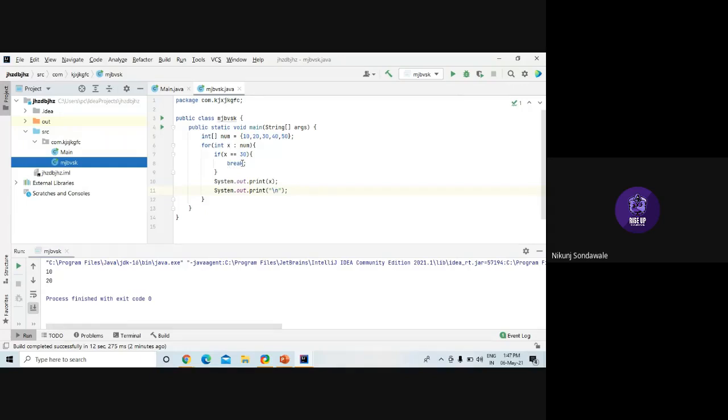Whenever the compiler reads this break statement, it will terminate the for loop right there. None of the statements below the break statement in this for loop will execute. The for loop will directly get terminated. That's why only 10 and 20 are printed. That's it.